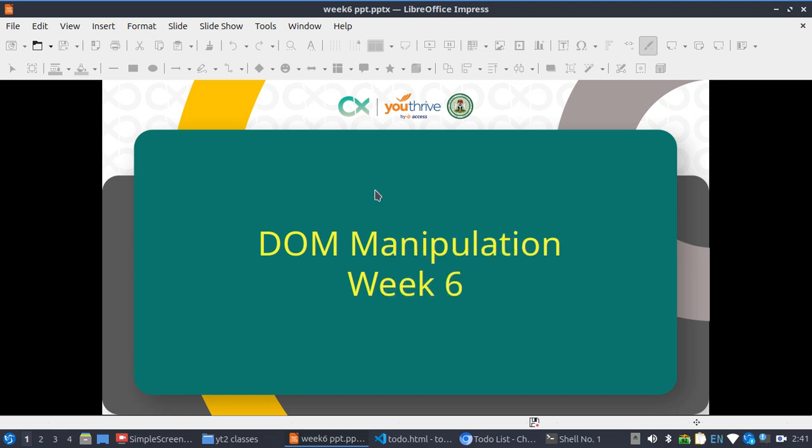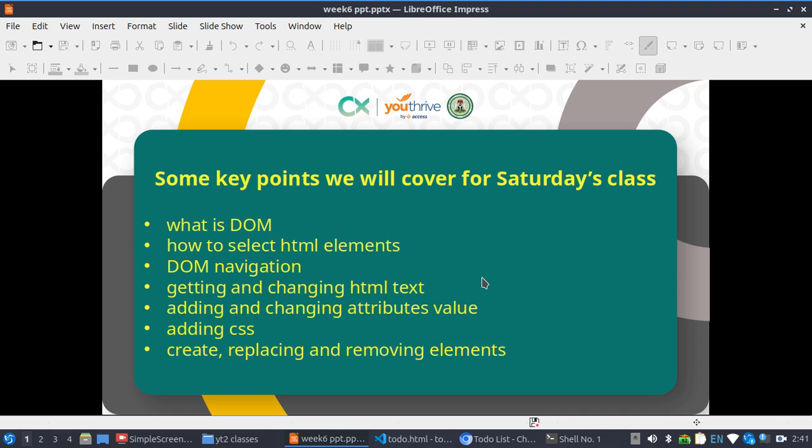You're once more welcome to our DOM manipulation class for week 6. Again, my name is Amadi Chile, and in this class you're going to learn what is DOM manipulation. So what do we hope to find for our Saturday's class? We are going to learn the following: what is DOM, how to select HTML elements, DOM navigation, getting and